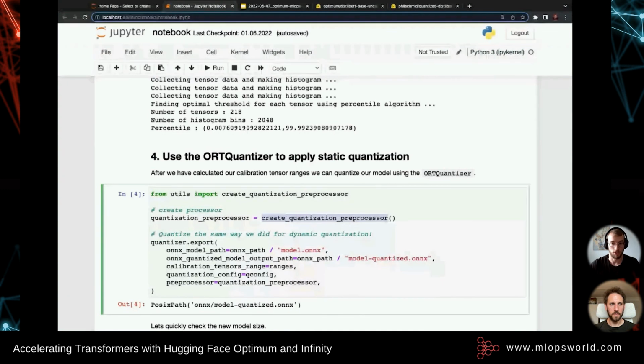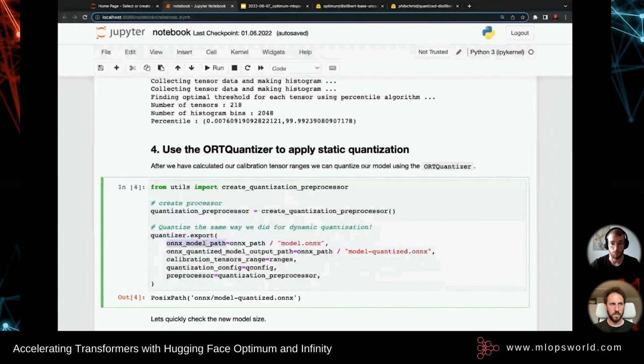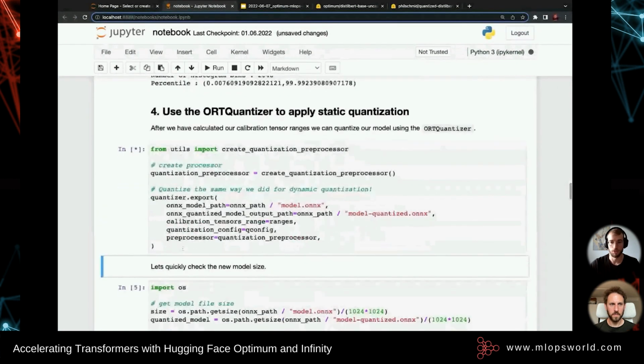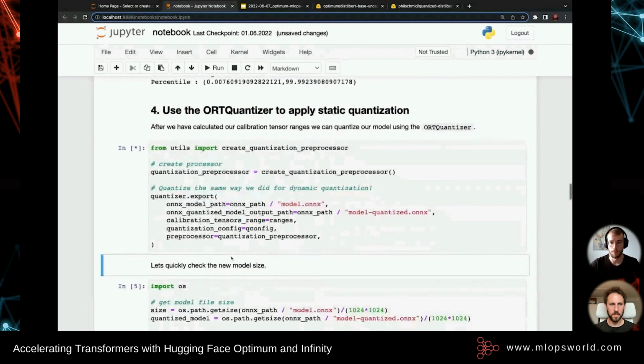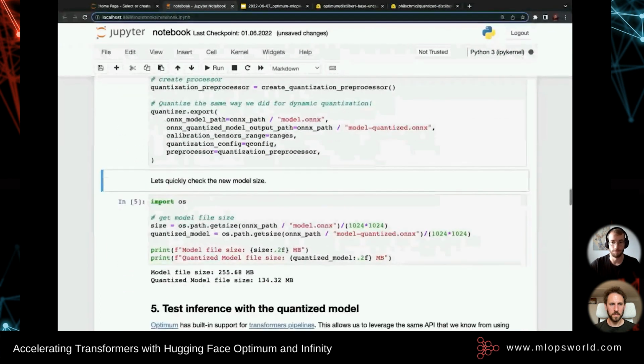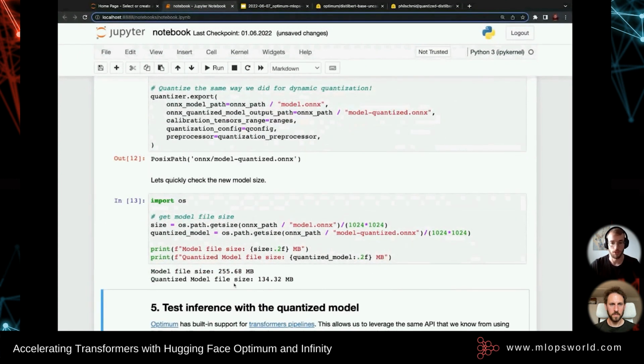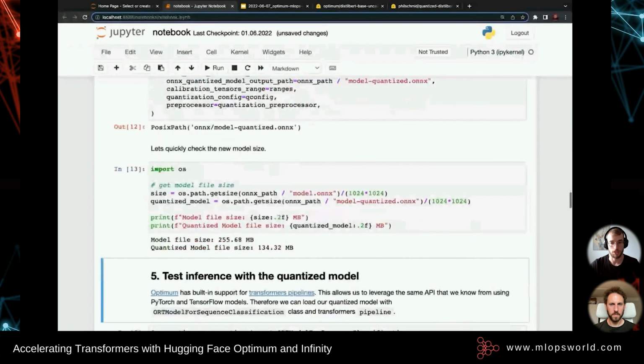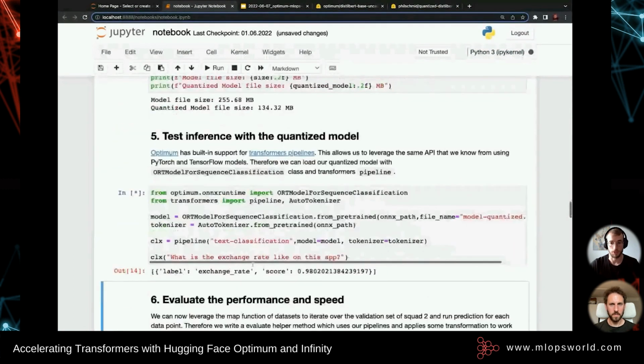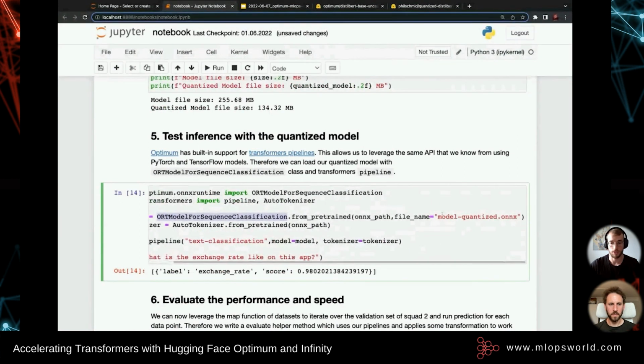And then we export it similar to what Lewis has shown with our ONNX model, our new ONNX model, and then our ranges with our configuration and preprocessor. And if we run it, we also get our quantized model. And then we can compare the sizes, pretty similar to what we have seen with dynamic quantization. Then to run inference, same story as before, use the ORT model for sequence classification with our new quantized model,